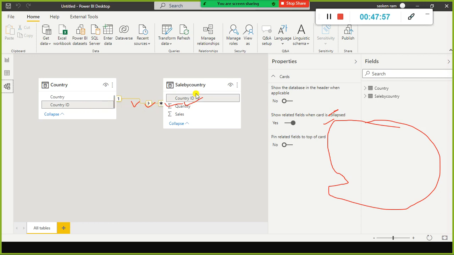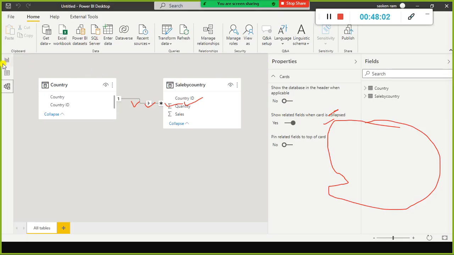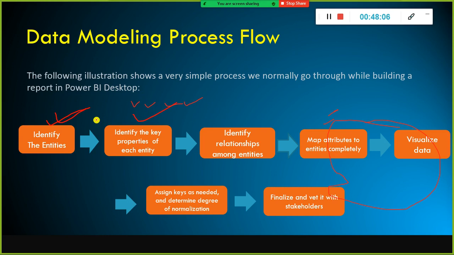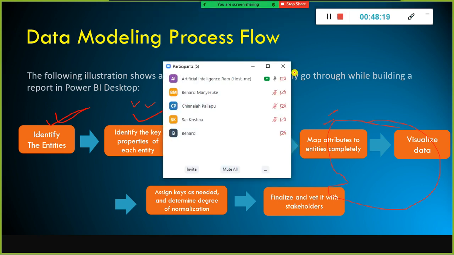Hence we create the relationship between these two tables. And visualize the data. So the next step is visualize whether the filtering is done correctly or not. And assign keys as needed and determine degrees of normalization. Whatever keys you assign, check whether they have been assigned correctly or not. You just cross check it.